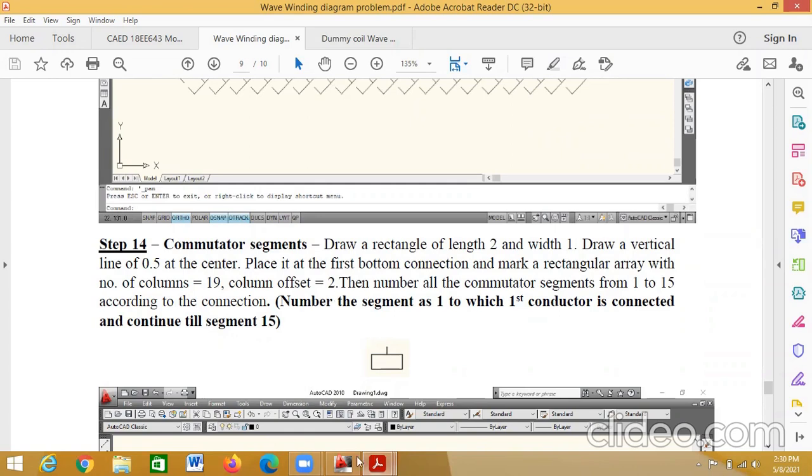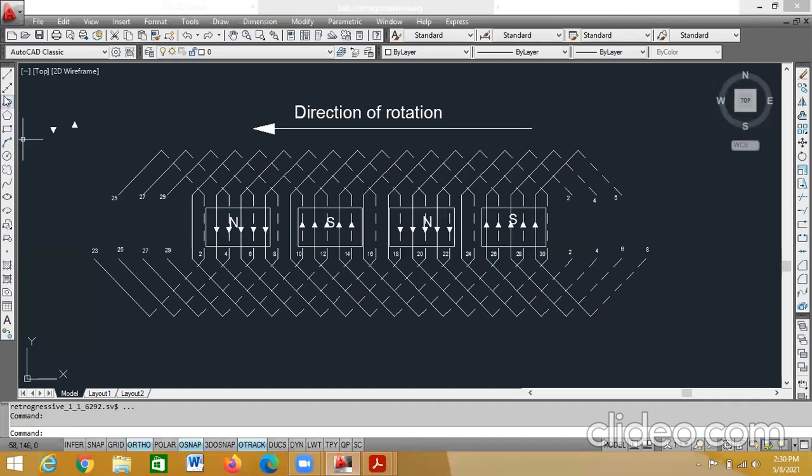Okay. So, go to the rectangle option, click somewhere in the drawing area, first corner point, then select for the dimensions, D, enter, then length is 2, enter, width is 1, enter. So I'll get a rectangle of 2 by 1. Then again take a line from the midpoint of this rectangle, draw a line of 0.5, enter. Okay. 2 by 1, this is 0.5.